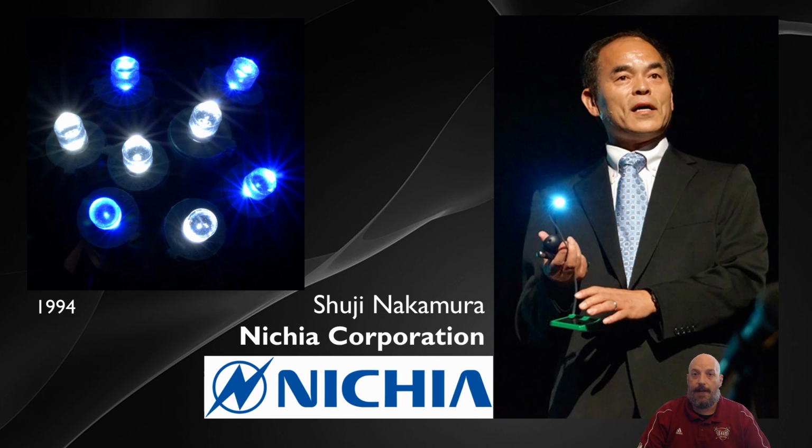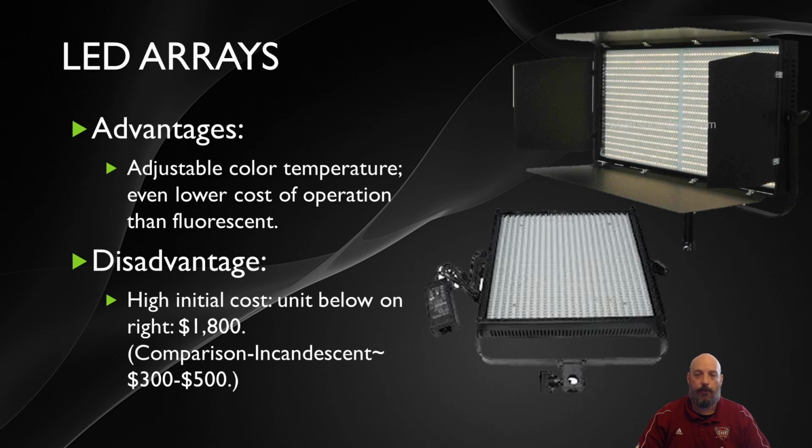a blue light. And then shortly after he came up with blue, he was able to modify that to give us a white light as well. So he added blue and white to our red and green spectrum. And so now we have everything that we need to create most of the other colors in the light spectrum. And so because of this, we now were able to create white light panels, and this is what led to